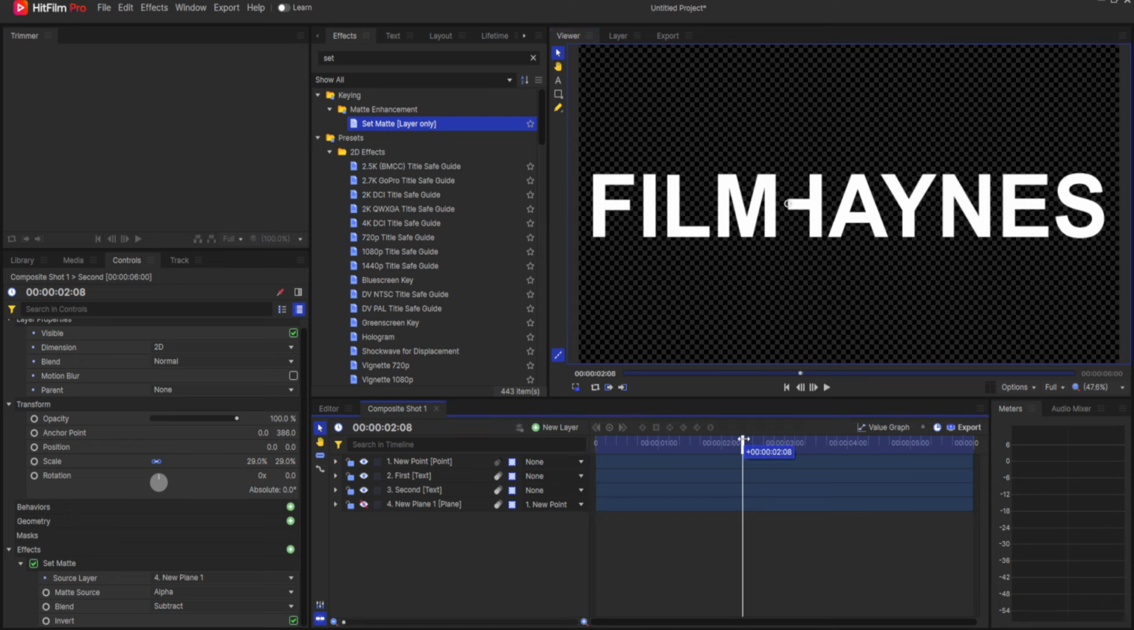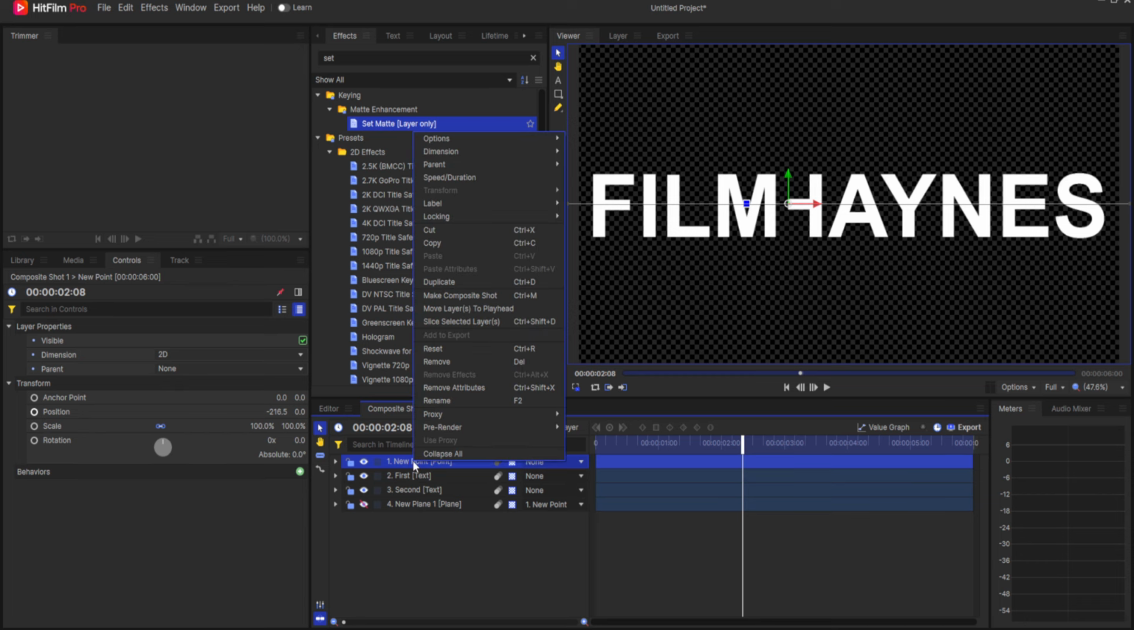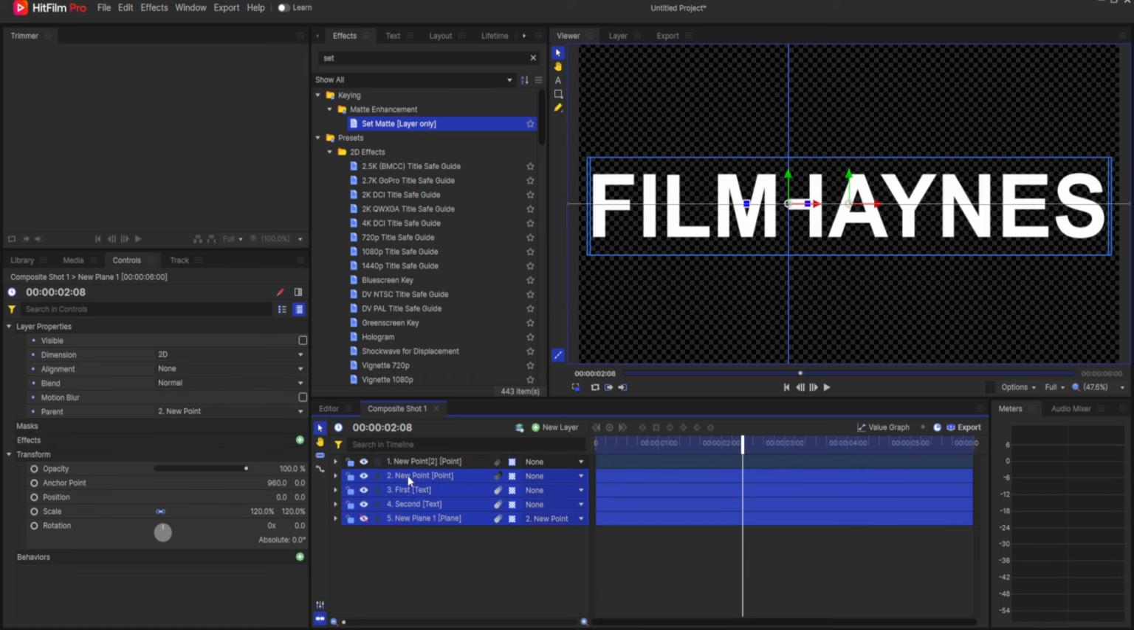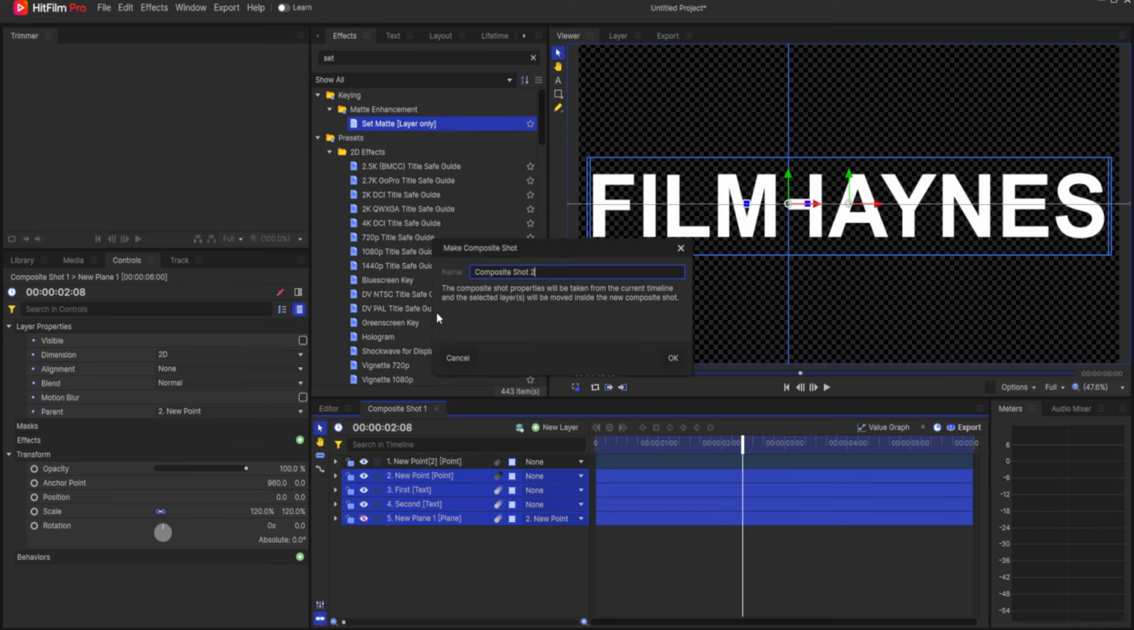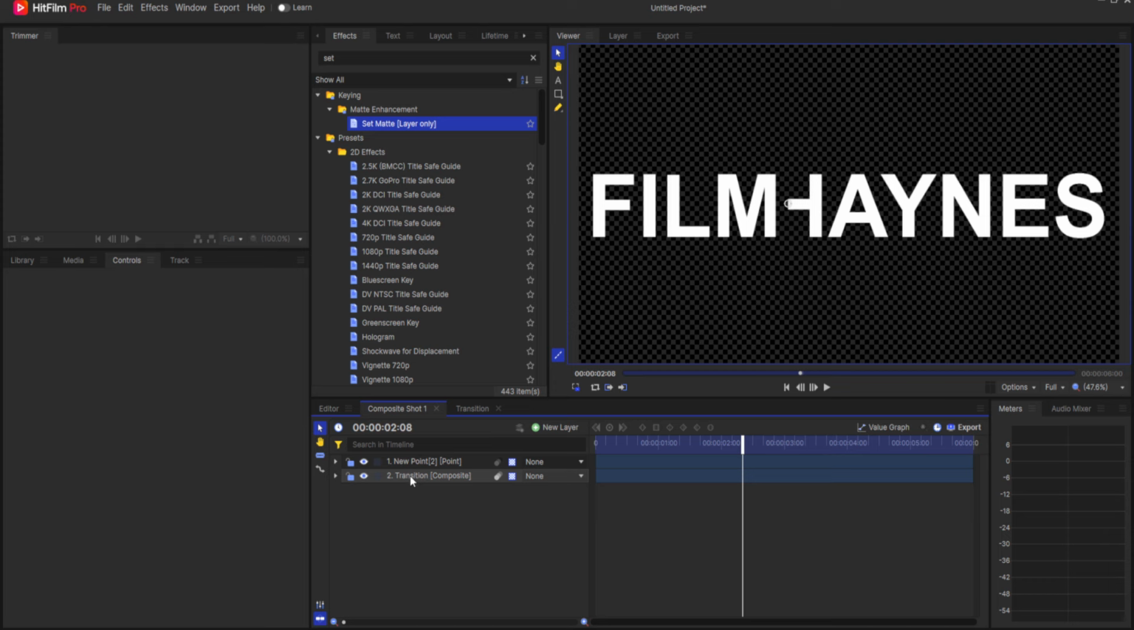All right, now before I move this all into its own composite shot, a couple things I want to do. First of all, I want to right click on the new point and just duplicate that because I'm going to need that, right? All right, now that I have that, I'm going to right click here and make it into its own composite shot. I'll just call this transition. This way I can work on that entire item here in this